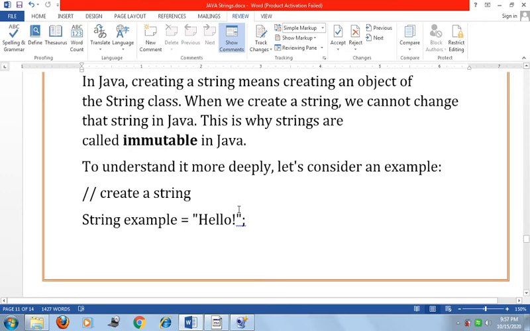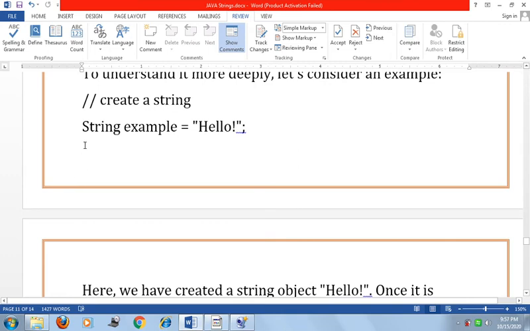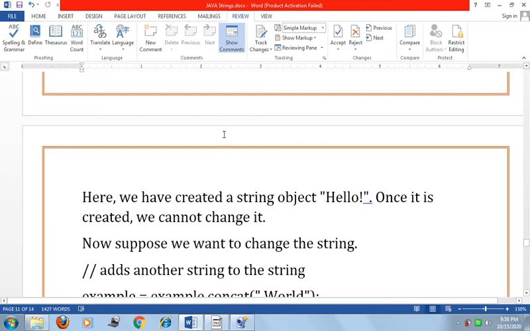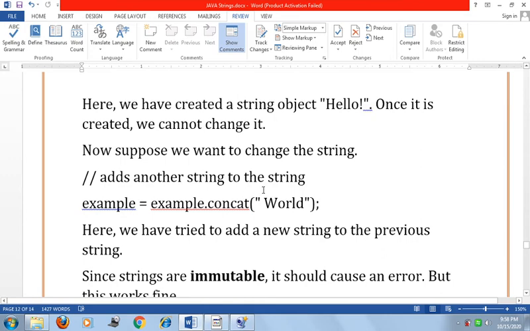To understand more deeply, let's consider an example. To create a string, we write string example equal to hello in double quotation marks. Here we have created a string object hello. Once it is created, we cannot change it. Now suppose we want to change the string, adding another string to it: example equal to example.concat(world).